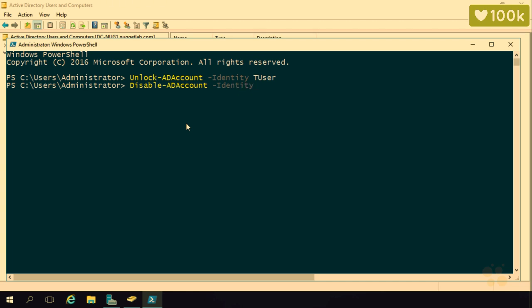You can use tab to autocomplete that, and I'll use the T user account, and we just disabled the T user account. If it's that easy to disable an account in PowerShell, would it be this easy to enable an AD account? You better believe it. It's Enable-ADAccount. We'll use our identity parameter once again, and we'll pass it the T user, and we just